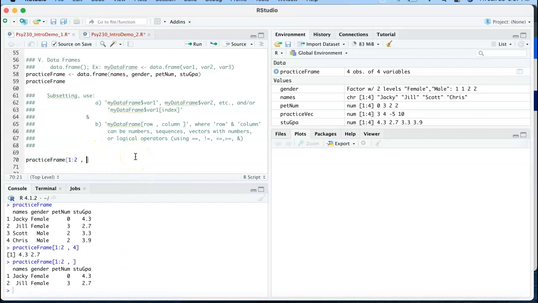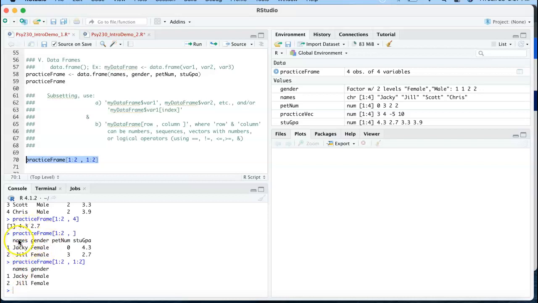So we could do that. Obviously we could put a sequence for the columns as well and then produce a sequence of columns. Like we could do the first two, right? Obviously we could do the first two columns and the first two rows of the first two columns. And that's going to return the first two rows, Jackie and Jill, and the first two columns, which are name